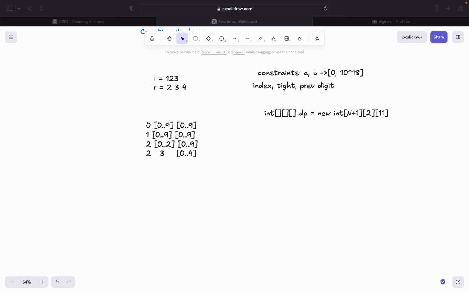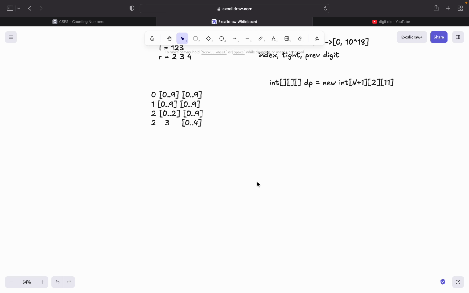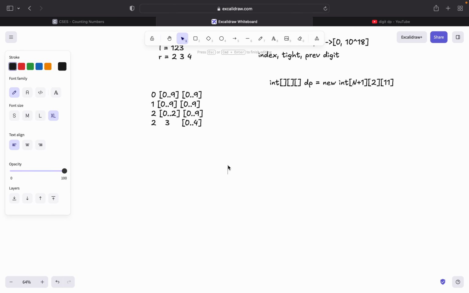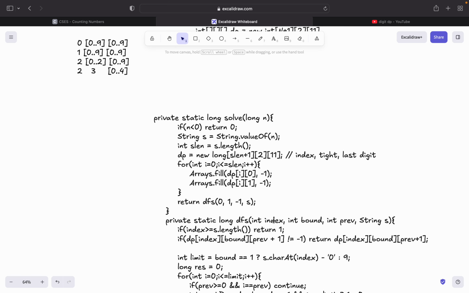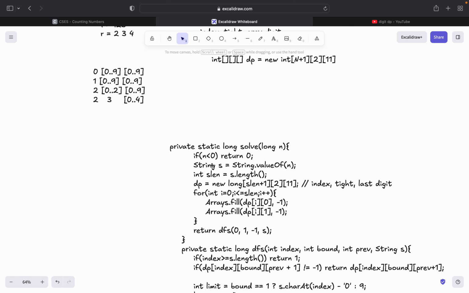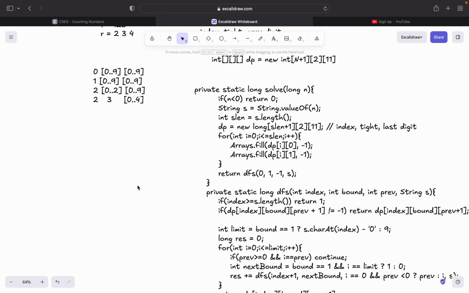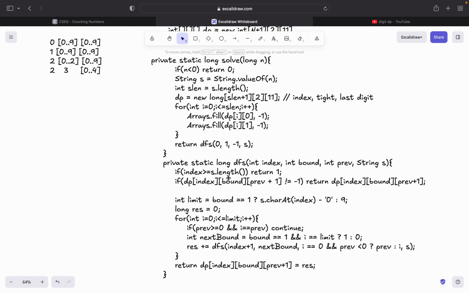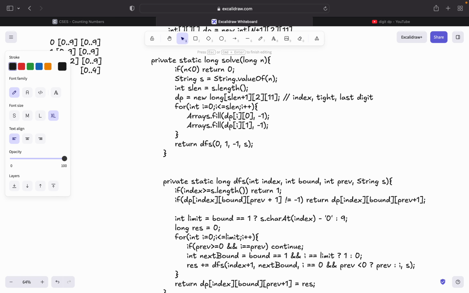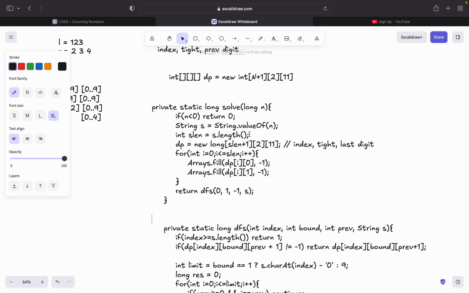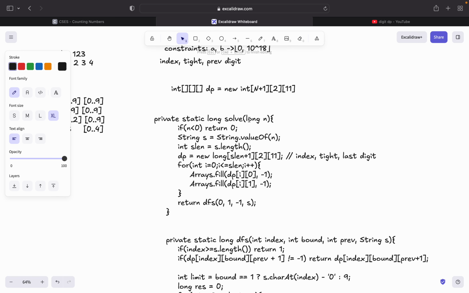So now let's look at the solution. Okay, so let's look at this solution piece by piece, so it will be a lot clearer. Yeah, so as I mentioned earlier,